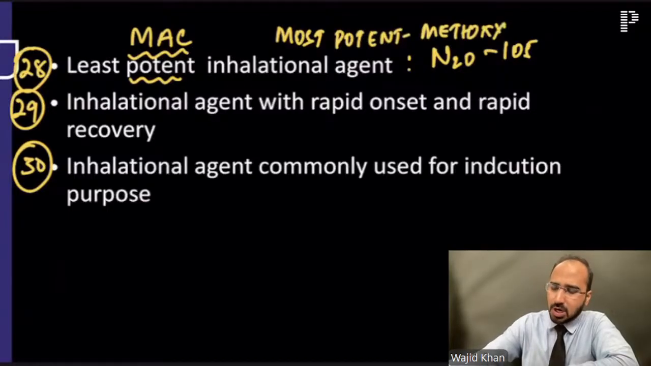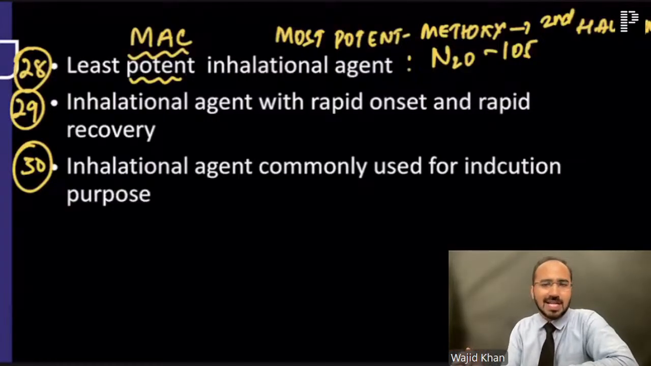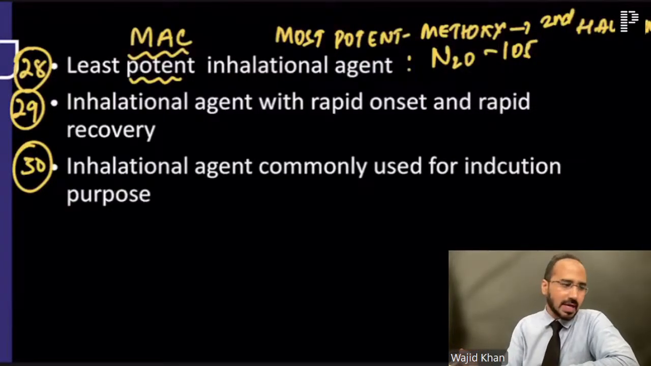Methoxyflurane, but again, it is not commonly used. Hence, the second most potent is halothane. Methoxyflurane has a MAC value of 0.16, whereas halothane has a MAC value of 0.7. Okay? Now,